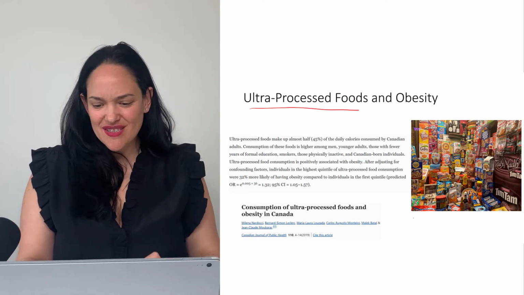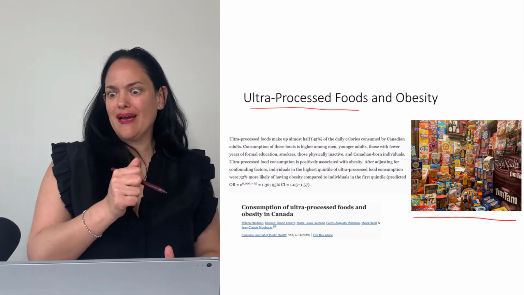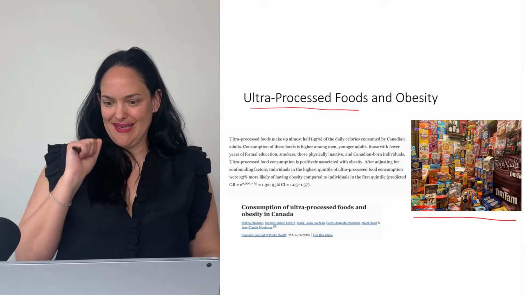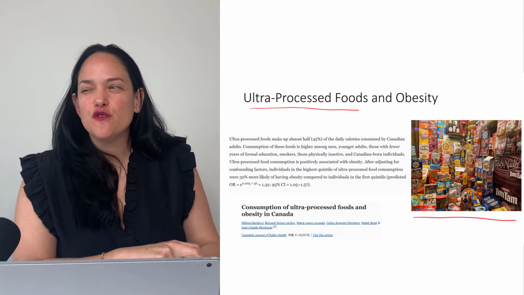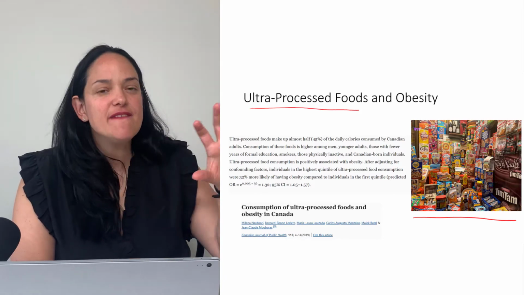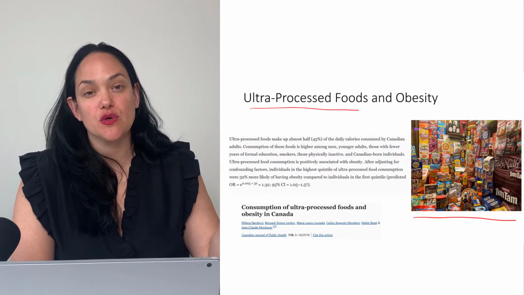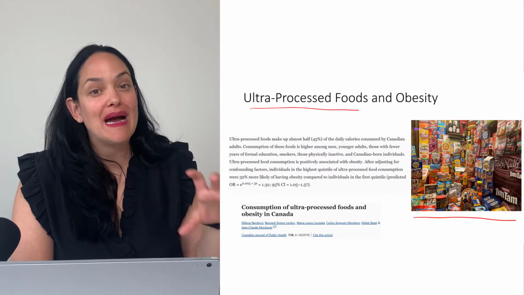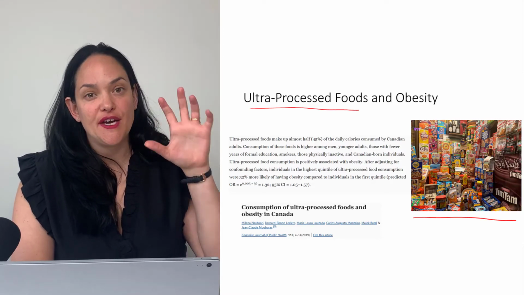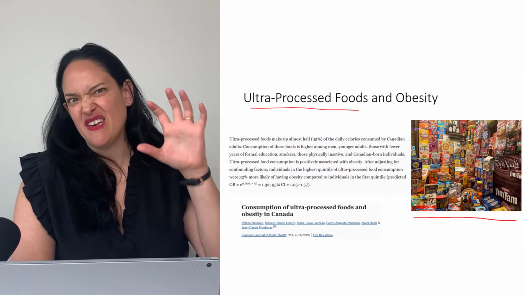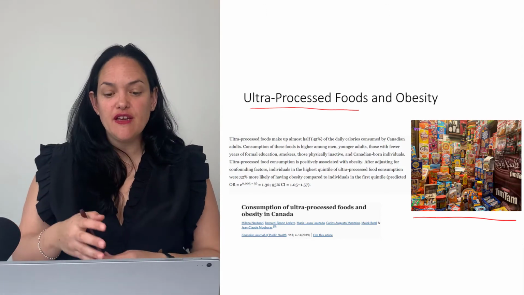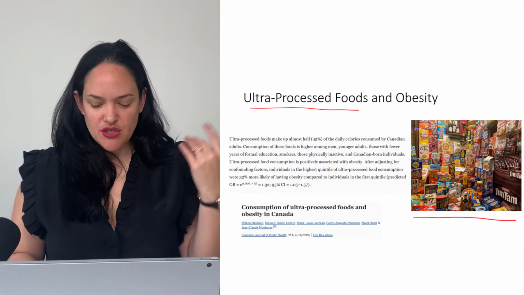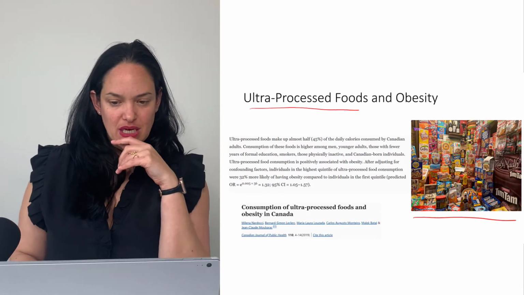This is, I think I took this picture somewhere in Europe. I was walking by and I saw this in a storefront and I'm like, oh my God, that's the perfect picture of ultra-processed foods. These are foods that are significantly modified from their original source. So they often come in brightly colored packages. They often have a lot of added sugar, added sodium, added fat, a lot of added preservatives to improve shelf life. And these are the kind of foods, like I mentioned, that are associated with a higher risk of obesity